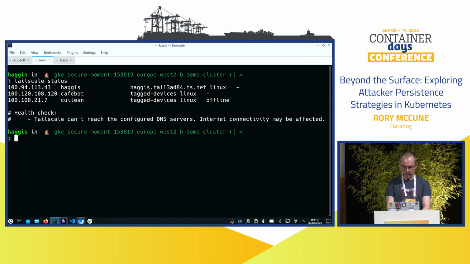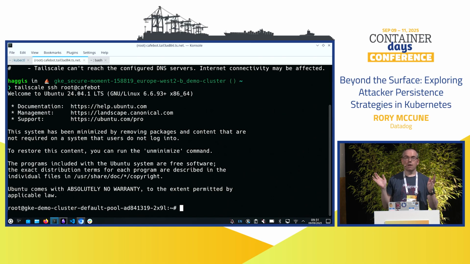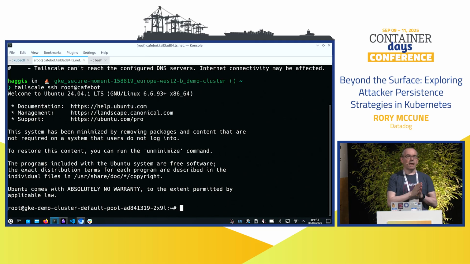And then what we can do is we can do tailscale ssh. This command sometimes doesn't work, but let's see if it's going to. Cafe bot. Yay. Right, I've now Tailscaled in to the container. Now, importantly, you see I did Tailscale SSH there. Tailscale actually embeds an SSH server in it, so sshd will not show up anywhere on this host. All you will see is systemd netmon server and systemd netmon client. But it does give me full SSH functionality to actually go in and get access to my environment.